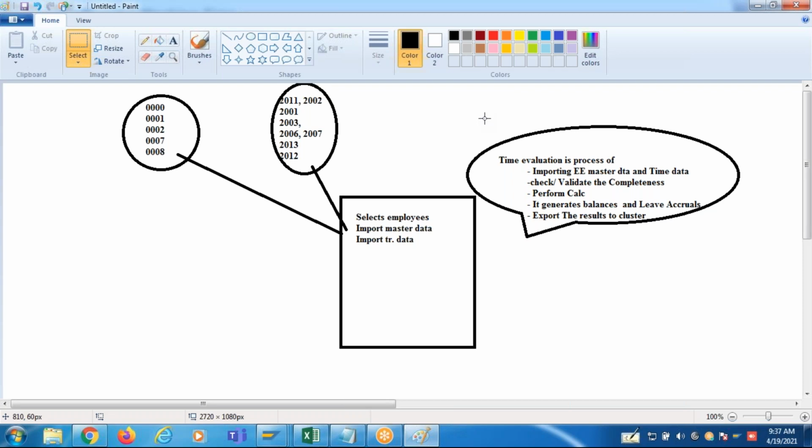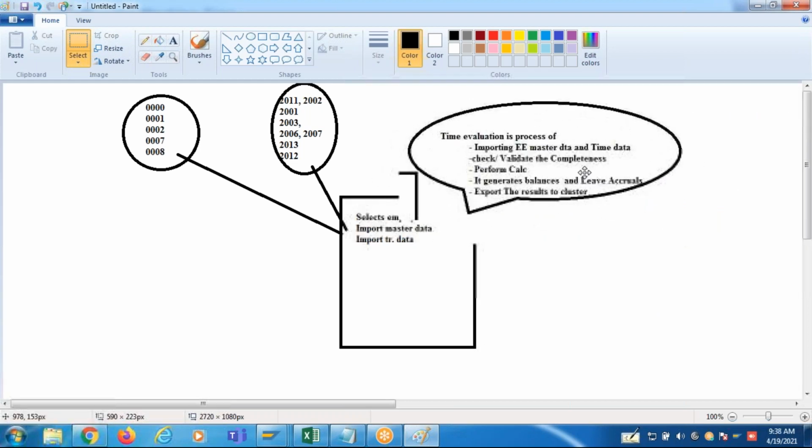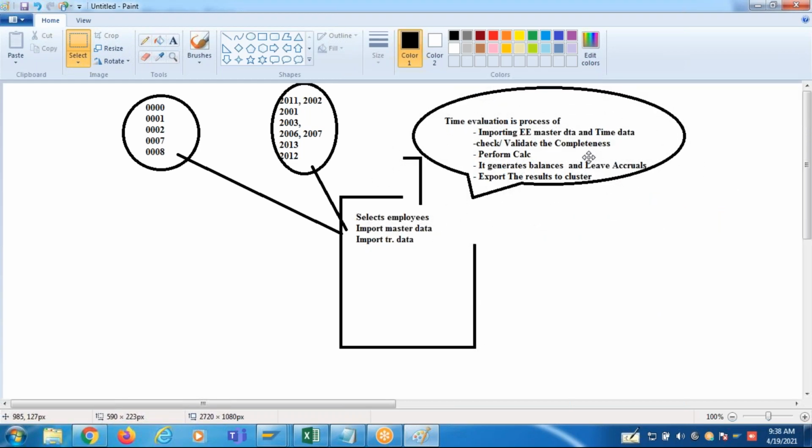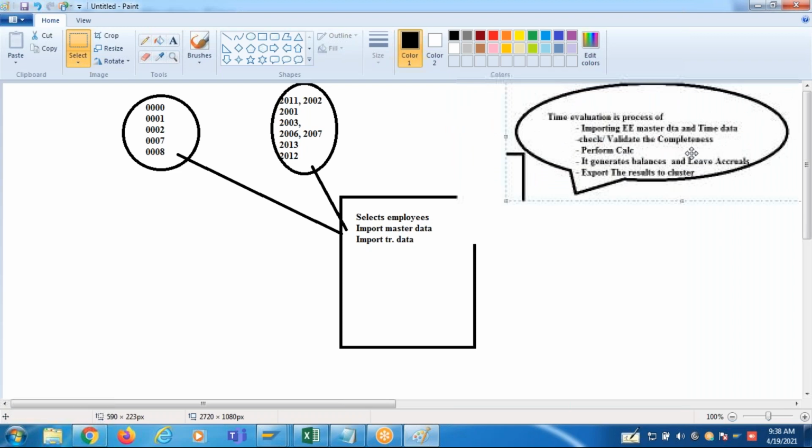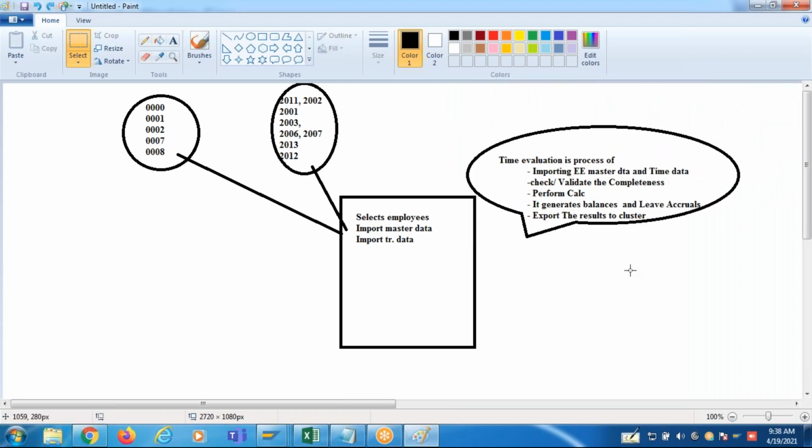So now we can paste it here. Keep it here. Okay, so this is the definition of a time evaluation.